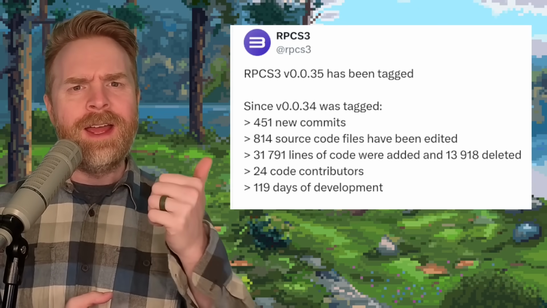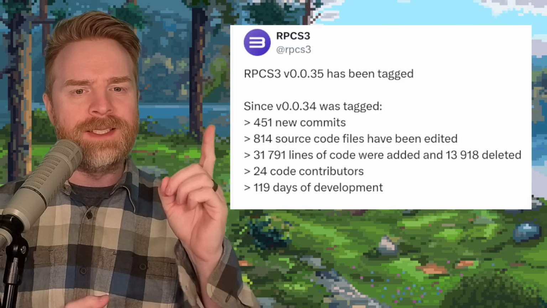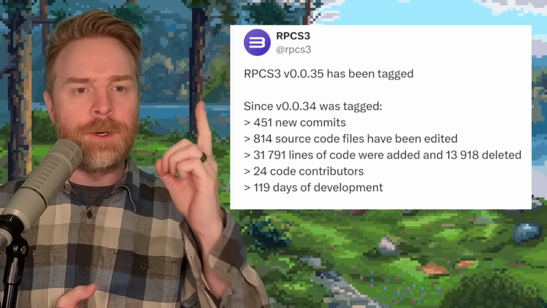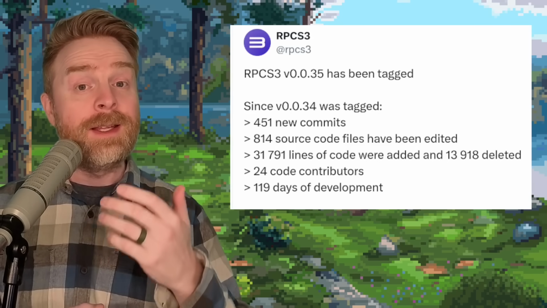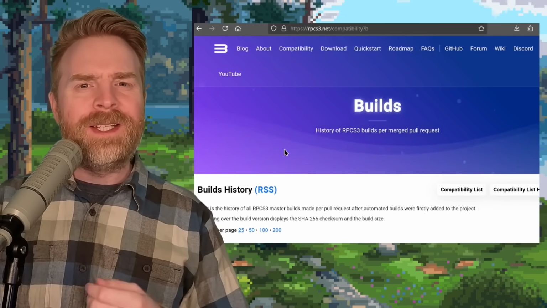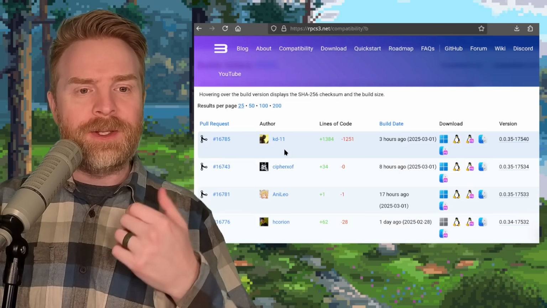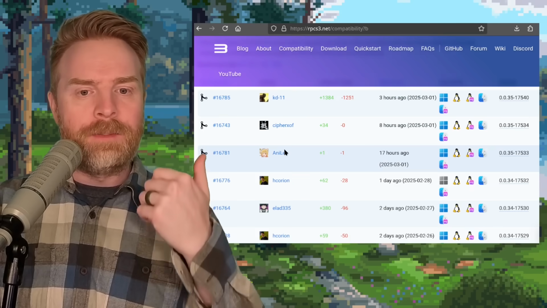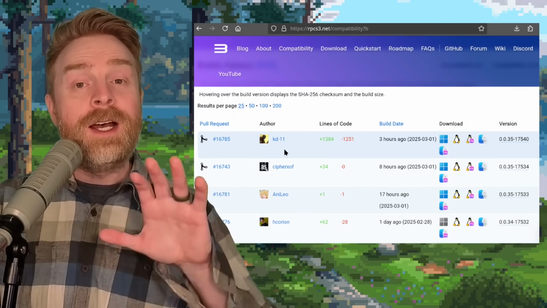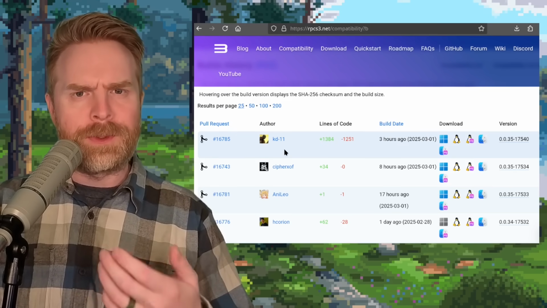And first thing on the docket, we're talking about PlayStation 3 emulation with RPCS3. RPCS3 has just dropped version 0.0.35. This is their first release of 2025. Now, it is worth noting that RPCS3 gets updated quite a bit. If you head to their website and take a look at their builds, sometimes it gets updated multiple times per day. We talk about RPCS3 a lot, but the latest main release was version 0.0.34, which was released back in